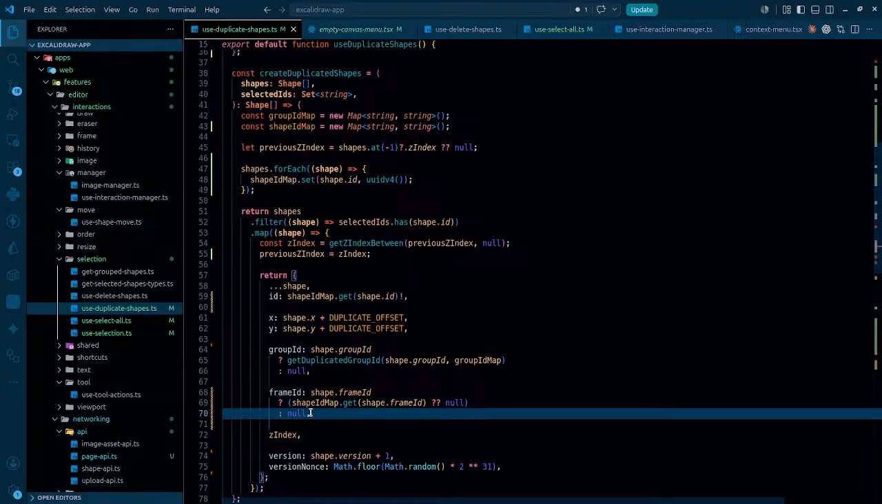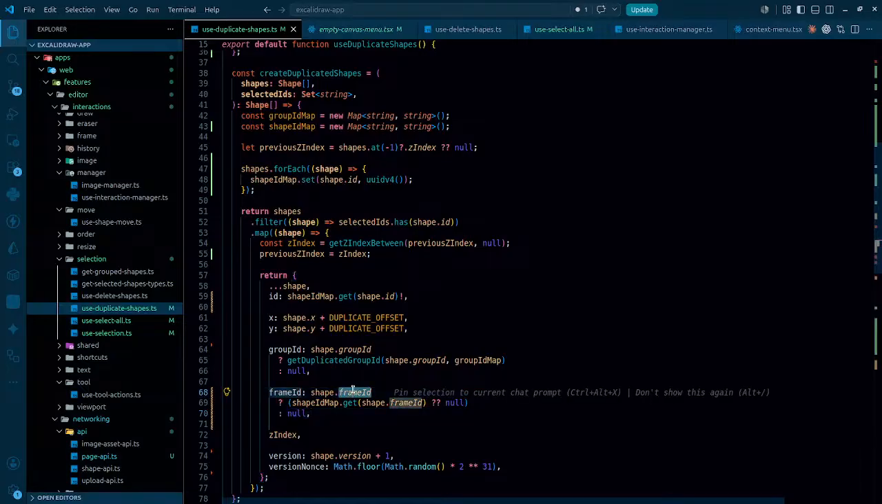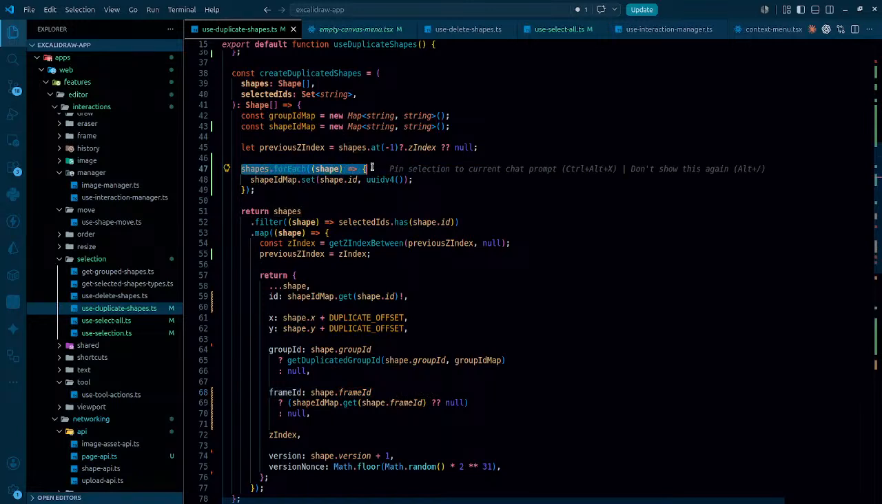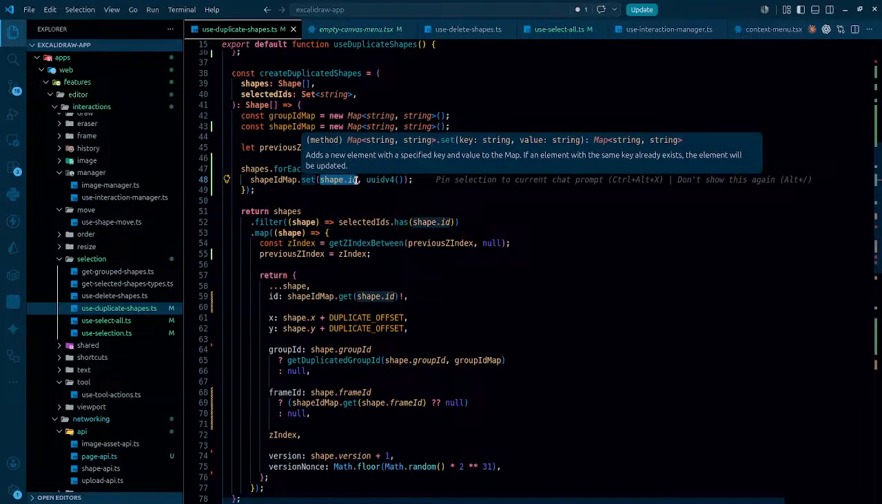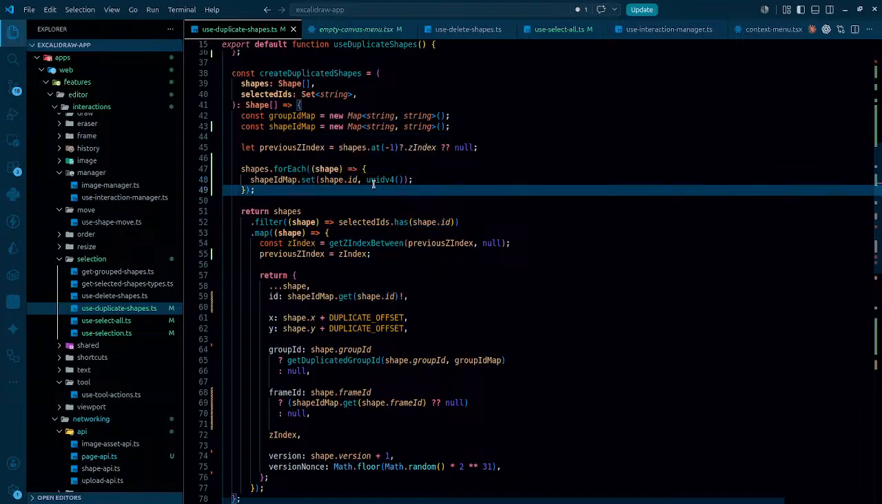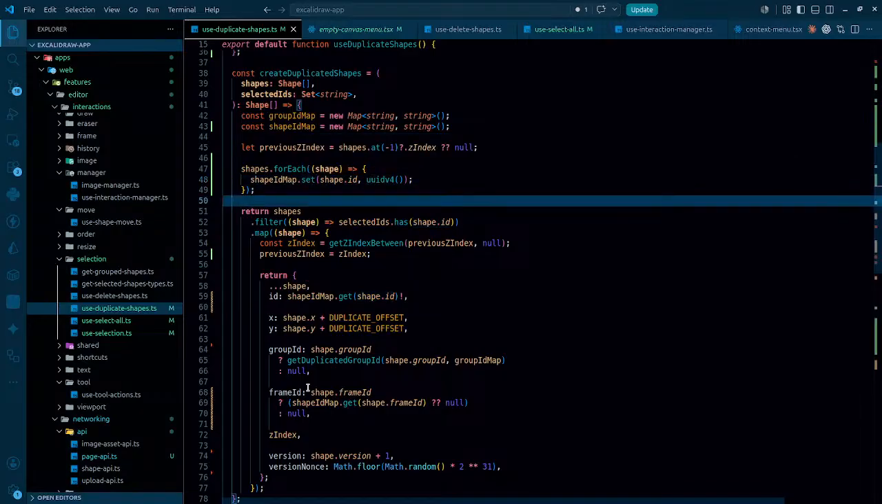I'm missing something here that I'm unable to understand. Shape.frameID, if the ID actually exists, in that case shape.get shape.frameID. So if the frame ID exists, what could that frame ID be? That frame ID can be the ID of any frame or the shape. So we are trying to generate the IDs of any shape.id. Once we have it for any shape, we are looping through it, and at that time